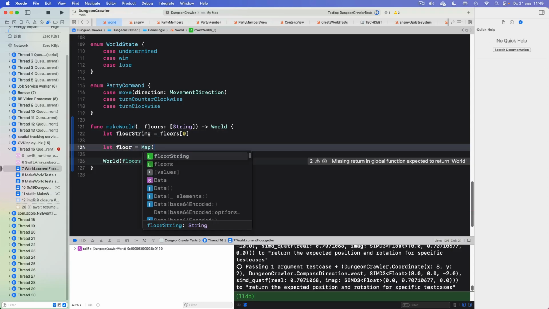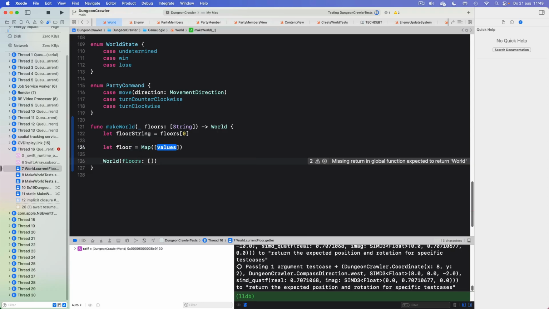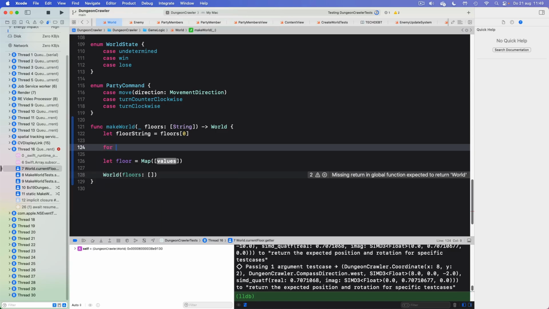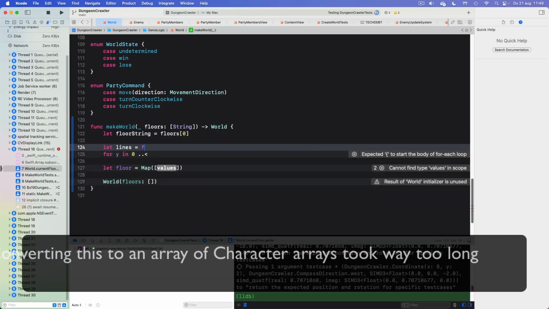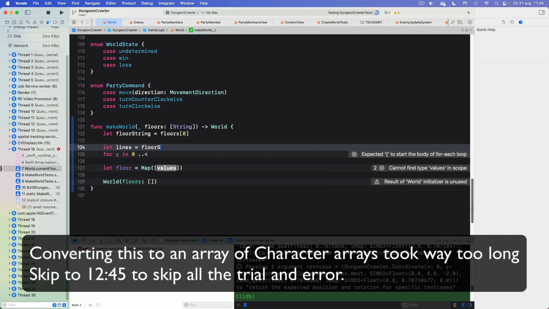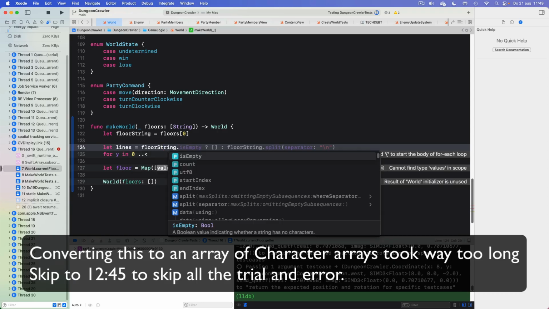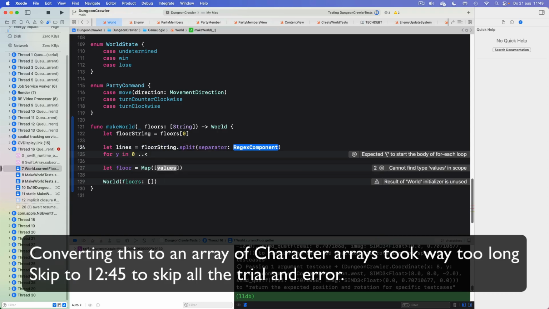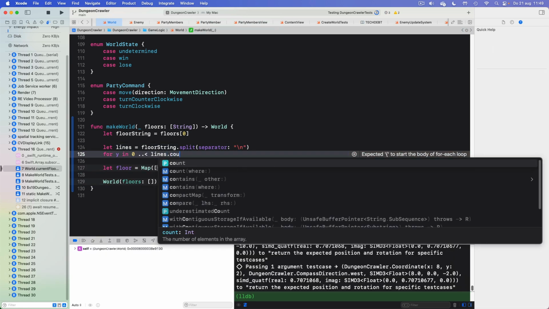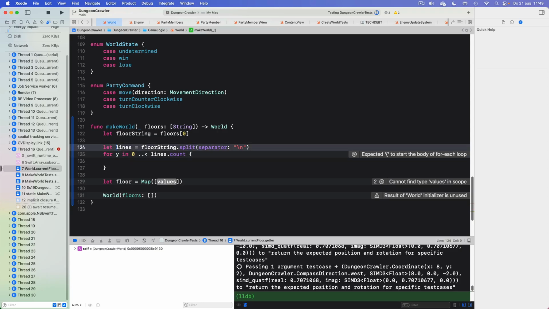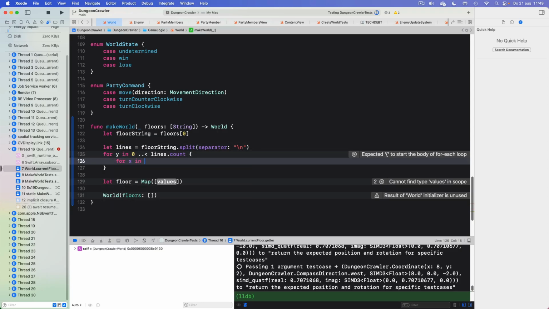We call the map in this case. And the map takes a character array. So we should convert this floor string into a character array. So what we could do is for y in 0 until, we take our floor string and we split it into lines. And then we take